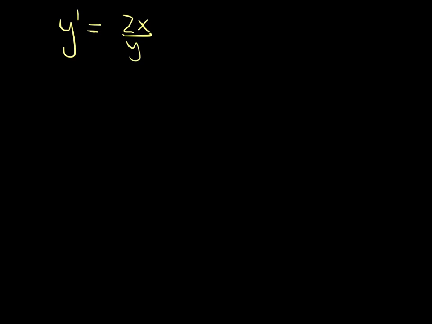First thing I'm going to notice here is I will want to go ahead and separate this. So in here I've got my y prime, I've got a y. So I actually want to get these together. So this one's not too bad, right? It's pretty easy. So what I'm going to do is multiply both sides by y. So I get y y prime equals